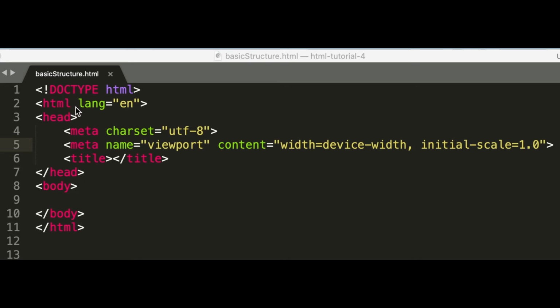Just know that some elements must be written with specific attributes. So inside the HTML tag, we should always include the language attribute, written as lang over here, to declare the language of the web page, which in this case is EN, that is English, since we are writing all our content in English. This is for browsers and search engines to know which language is being used in the content of your HTML elements.